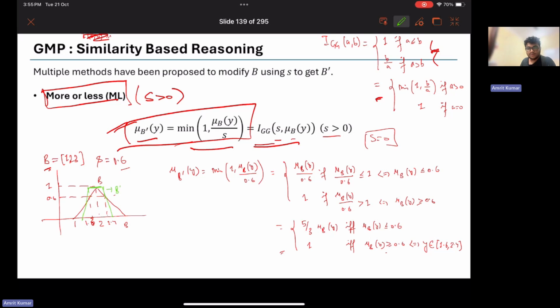And for any y that belongs to B with membership less than 0.6, it belongs to B dash with a membership that is scaled, that is 5 by 3 of mu B of y. That value is increased, right? Because 5 by 3 is of course a number greater than 1, right? So in other words, we are essentially saying that if the membership value mu B of y